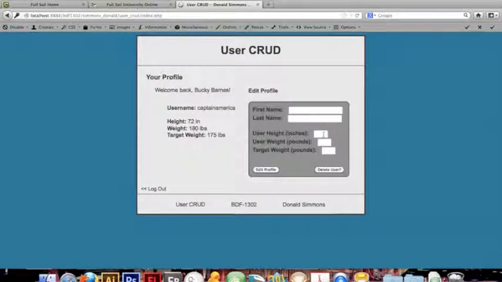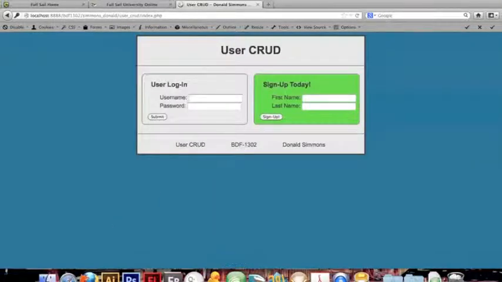We can do the same thing for these stats over here. You can do them individually or all at once, but Bucky was just a little bit taller, so we'll make him a couple inches bigger, edit that profile, and there you go, Bucky Barnes is now 75 inches tall. All right, so we can go ahead and log out for that and take a look at the sign up